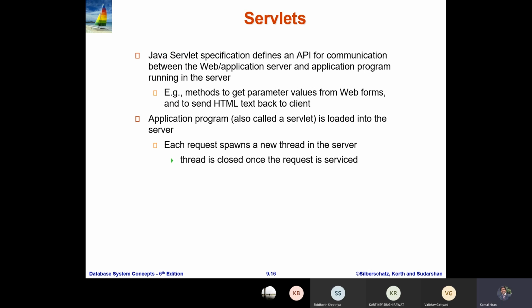Now, the next thing is about the servlet, and the servlet is very popular in the Java programming language, and a servlet defines an API for communication between the server and the application program. So API means application program interface.